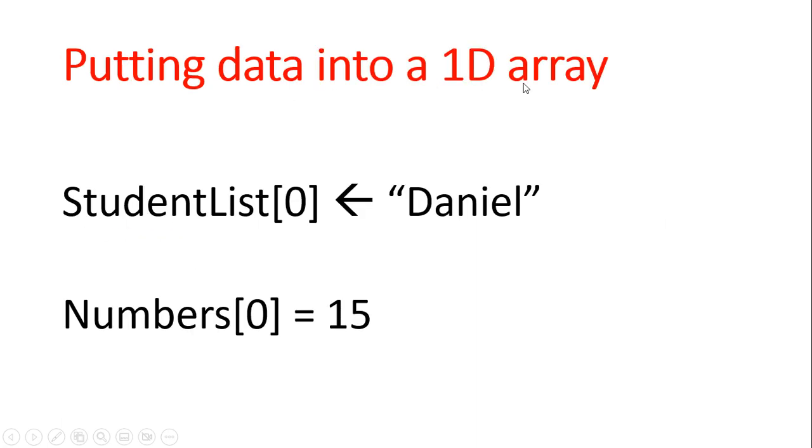We can put some data into a 1D array. So this is pseudocode. Remember, in pseudocode, we use arrows for assignment. In program code, we use equals. So we're saying the array called student list, the first element, I want you to assign the value Daniel, or put the value Daniel in that array. Likewise, I can do this in program code. I can say the array called numbers, the first element, I want you to put the number 15 in that